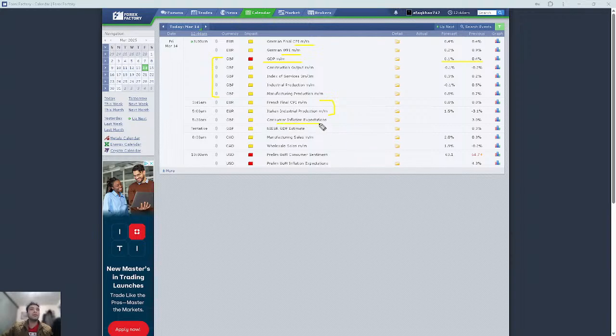Then we have consumer inflation expectation, important data for the pound as well. Then NIESR GDP estimates for the pound, and then manufacturing sales and wholesales monthly for the Canadian dollar. And at the last, on the Friday, we would be having the preliminary University of Michigan consumer sentiment, as well as inflation expectations for the United States dollar. So as usual, we would be going as per